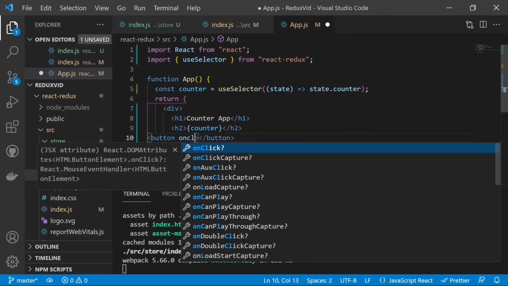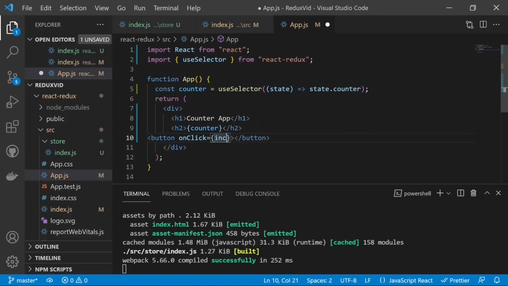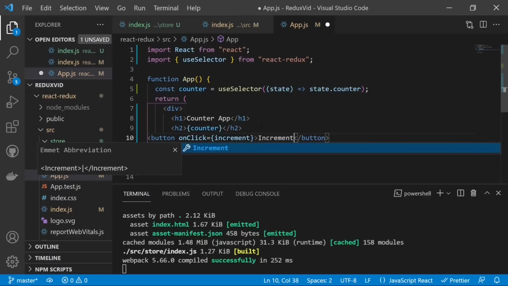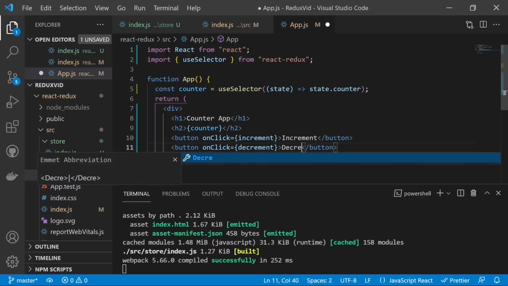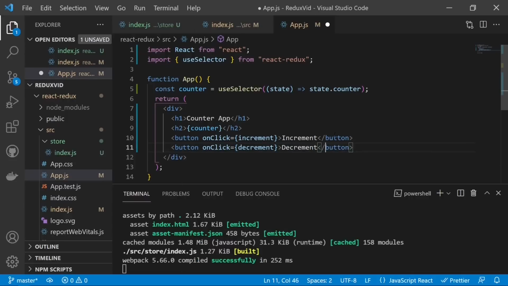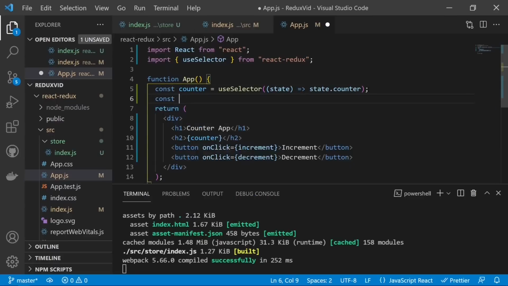Button, the onClick will be equal to the increment, and then the button will be the increment. Same, and then there will be another one, with the onClick being the decrement. So now this will have the text of decrement, and then we need to create the functions also with the const increment